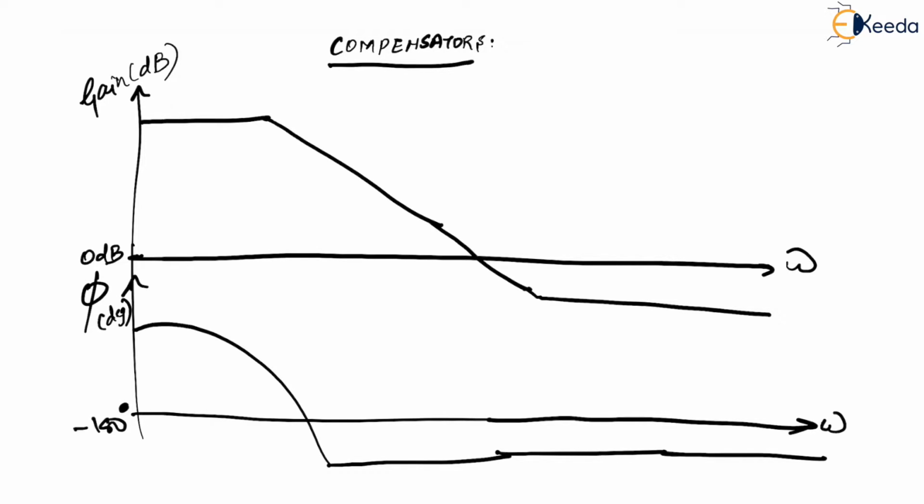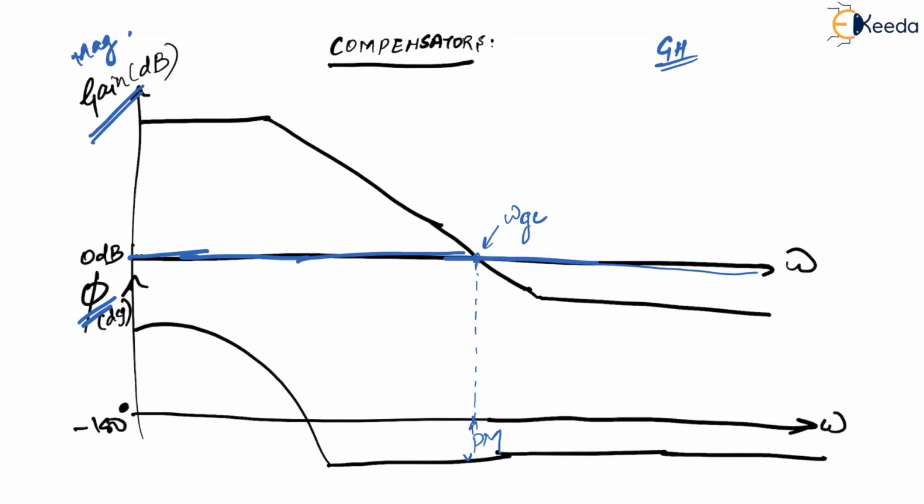Yes. So let me have a system, let us say GH, and this is the magnitude plot and this is the phase plot of the same. Now if you observe this particular line, this is a 0 dB line. At this frequency, your 0 dB has been crossed, which means this is nothing but omega gc, called the gain crossover frequency. At this gain crossover frequency, you basically get the PM,